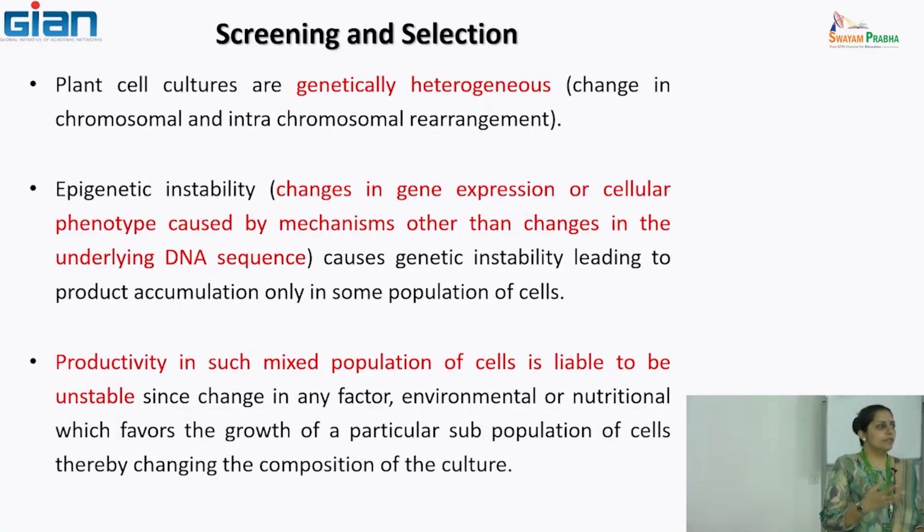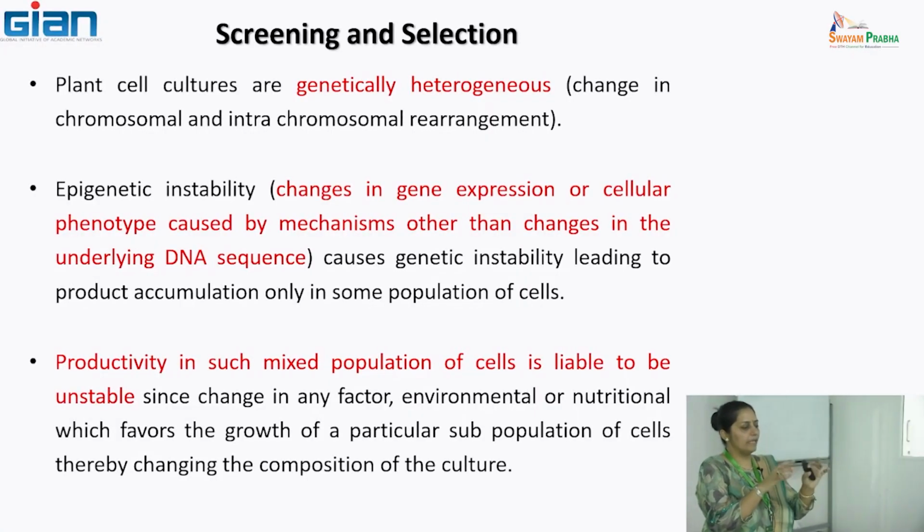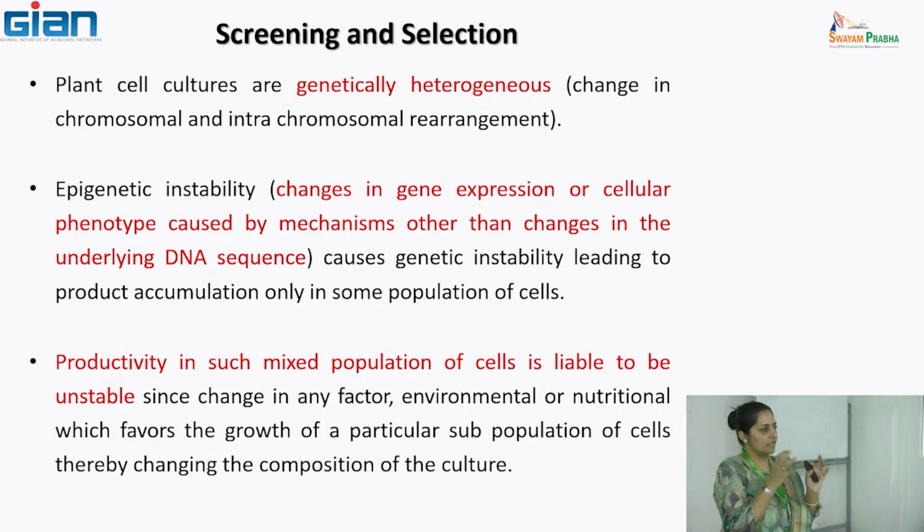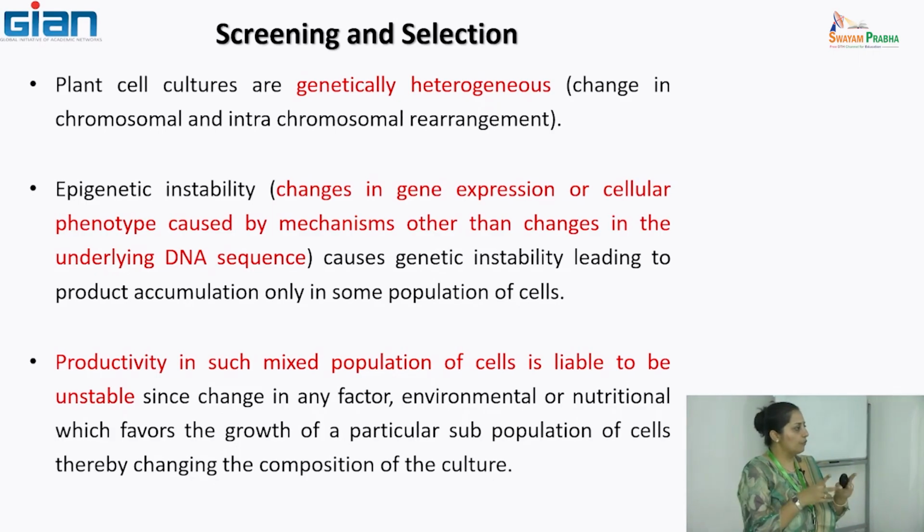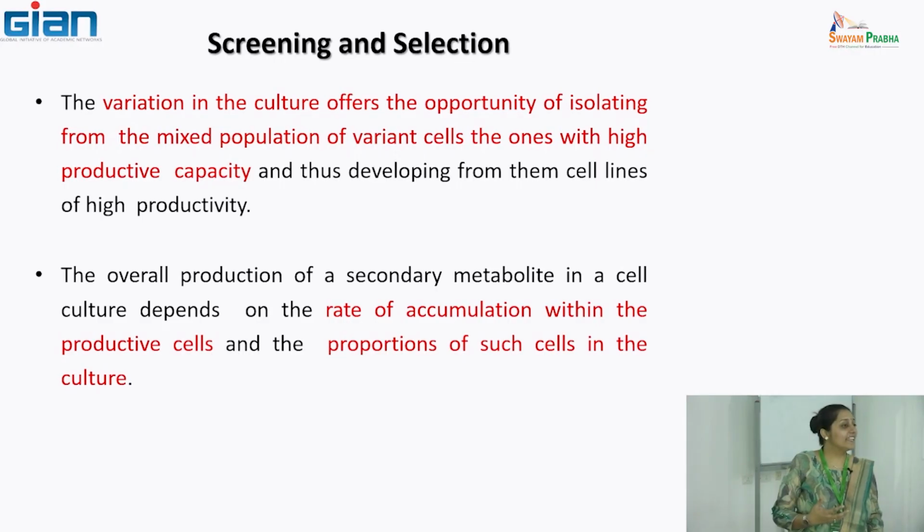So there is a good chance that even if you collected 4 leaves from the same branch and created 4 different explants, each 1 centimeter square, and put them on a medium, all these callus lines will not be of the same nature. These are considered different callus lines. Now, with all these callus lines in hand, how do you do screening and selection to get to higher yielding callus lines?